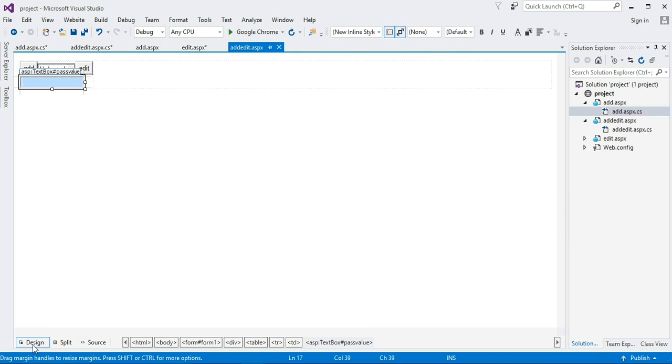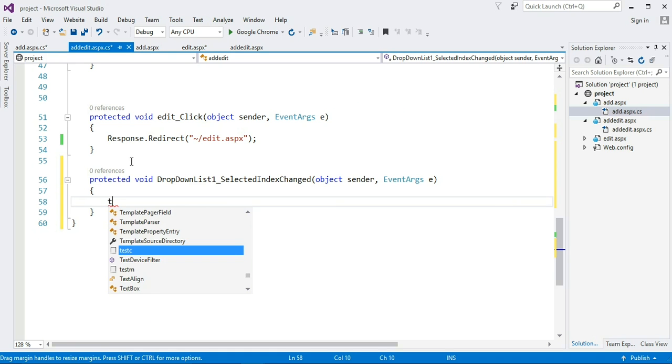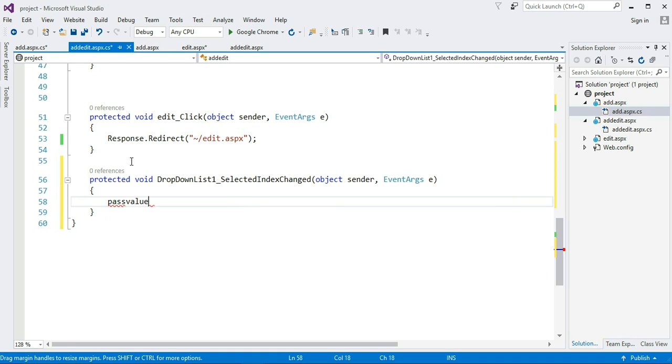Now go to the design part of the add edit page and double click on the drop down list. It gets you into the selected index changed event. Now write code to get the value of the drop down list box in the text box, pass value.